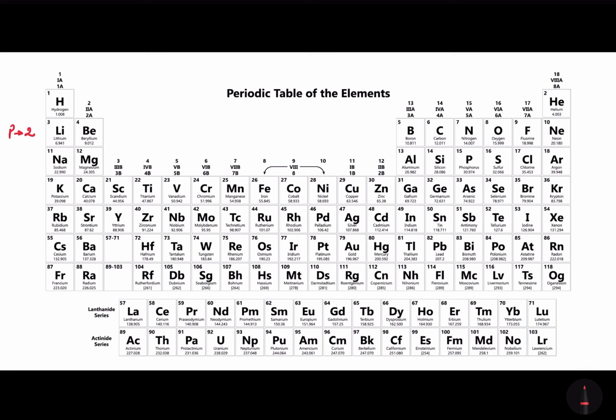Now let's talk about group number 1, that's alkali metals. The member of period number 2 in case of alkali metals is lithium. Now let's talk about group number 2, the alkaline earth metals. The member of period number 2 is beryllium. Now lithium and beryllium form compounds with more covalent character,